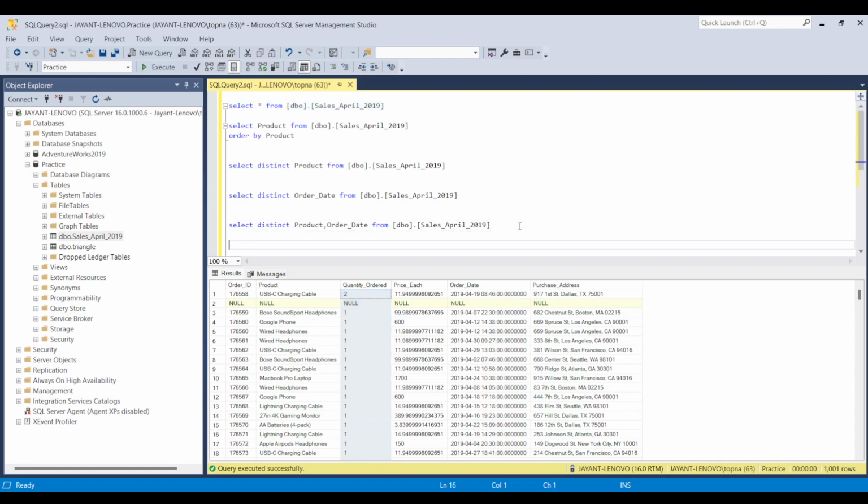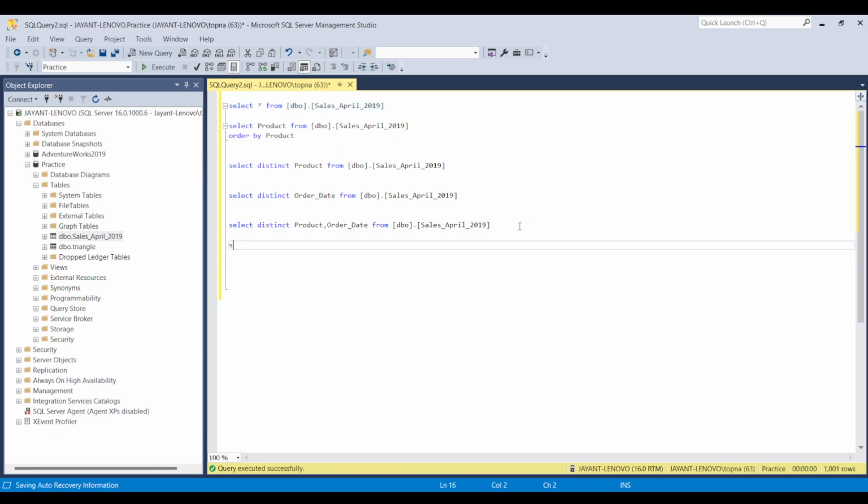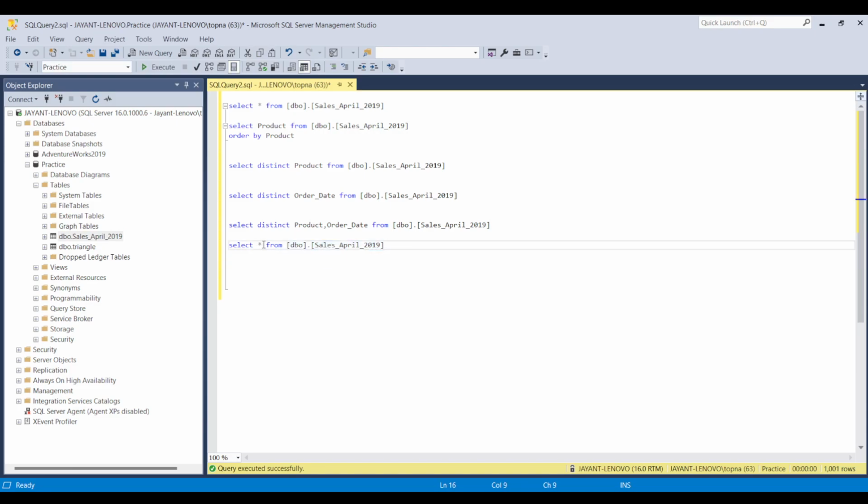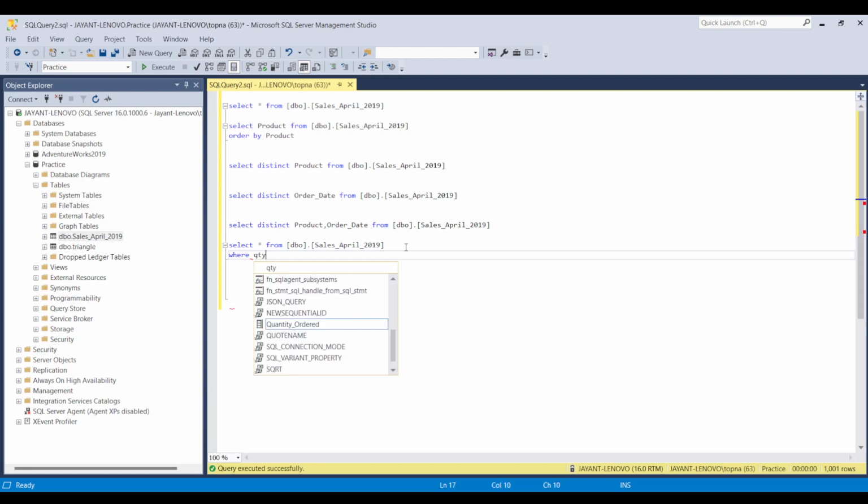So for that purpose, I will write select. First of all, let's write select star from this particular table. Double click and bring it here. In place of this star you can specify columns, but let's say I want all the records, so you can simply write select star from this. And let's say I want to see only those records where quantity ordered is equal to 1. So you can simply write where quantity ordered is equal to 1